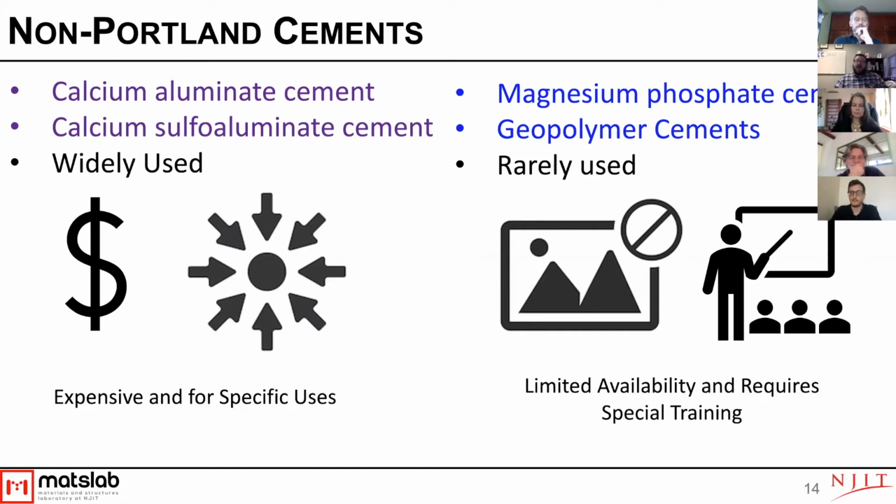They do have lower embodied carbon than Portland cement, particularly calcium sulfoaluminates have a significantly lower embodied carbon, but the cost offset and the difficulty in using them because they set so quickly tend to prevent us from using them at a very wide scale, the same scale that we might use Portland cement. Magnesium phosphate cements are still up and coming, and we're still learning a lot about them,